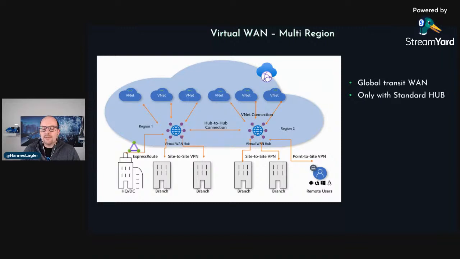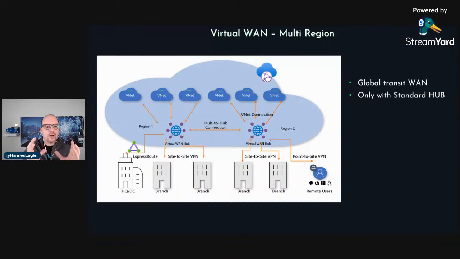So here you can see we have two regions, region 1 and region 2. We have virtual networks in region 1 as well as in region 2. And these virtual networks are connected to the nearest vWAN hubs. And at the end, the vWAN hubs are connected over a hub-to-hub connectivity over the Microsoft backbone. But the important thing here is everything that you can see here is configured in one service, the Azure vWAN service.